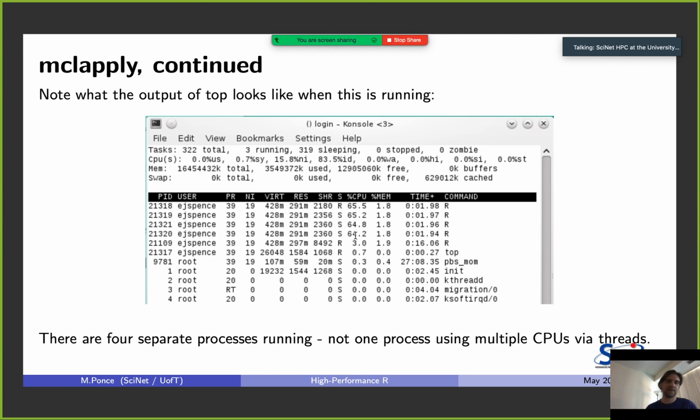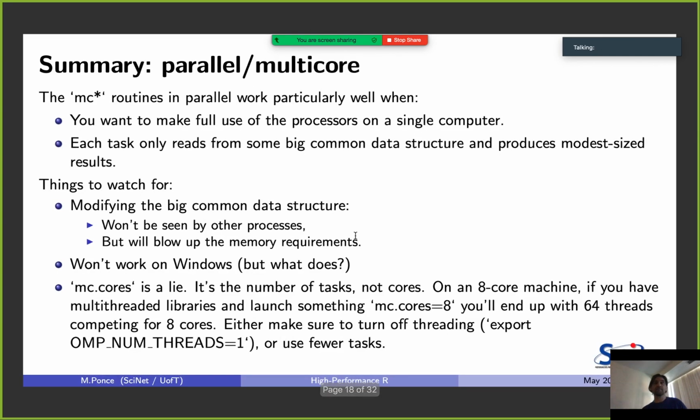Okay, so it's a very, very robust way of implementing parallel computing: mclapply. Quick summary of these functions. Any of the mc routines in parallel work particularly well when you can make full use of the processors on a single computer, and each task only reads from some big common data that you distribute. Be careful when you modify the big common data structure, as this can incur memory blowups, but also race conditions